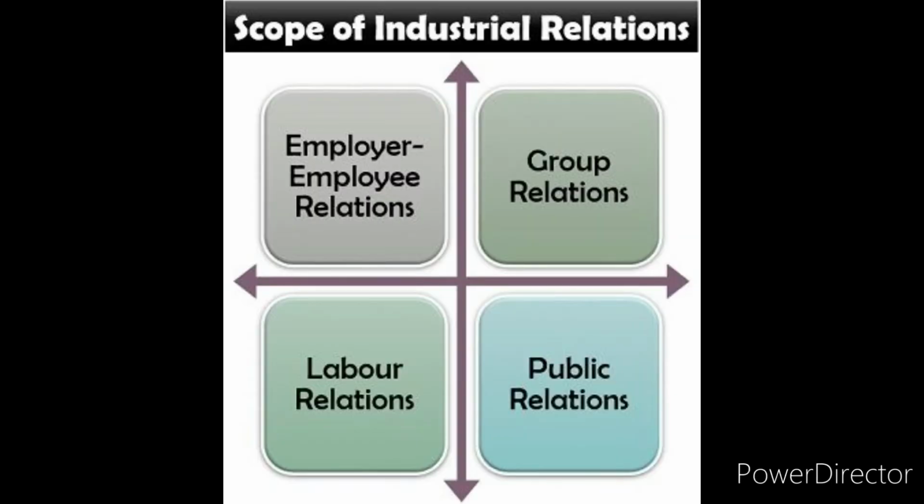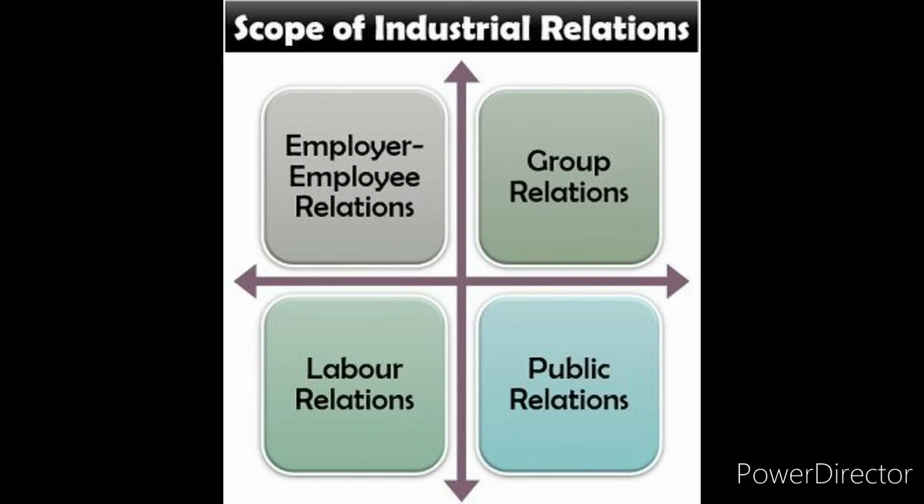Next, scope. The scope of industrial relations is very wide as it involves creating and maintaining an effective relation between the employee and employers in the industry. This grid shows the relation among them. First one is employer employee relations. It is a relation between the business owner and the employee of a particular company. To maintain good relations, the employer must treat the employees fairly and should value their efforts and time.